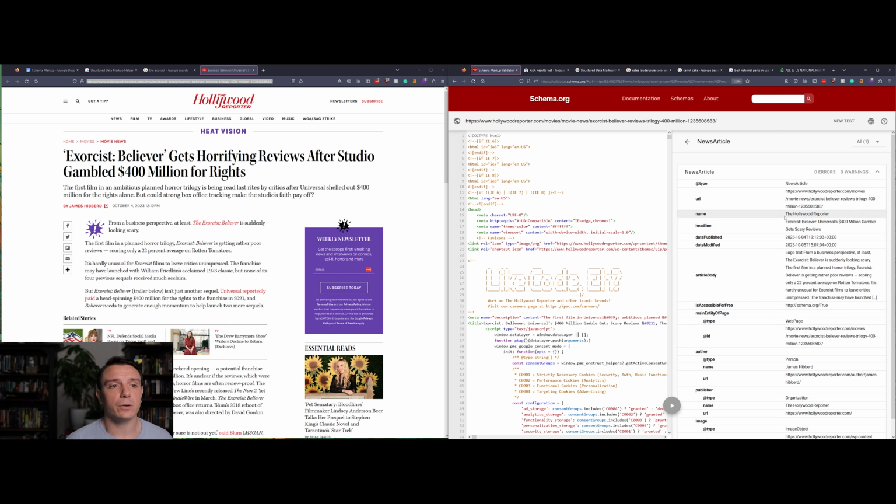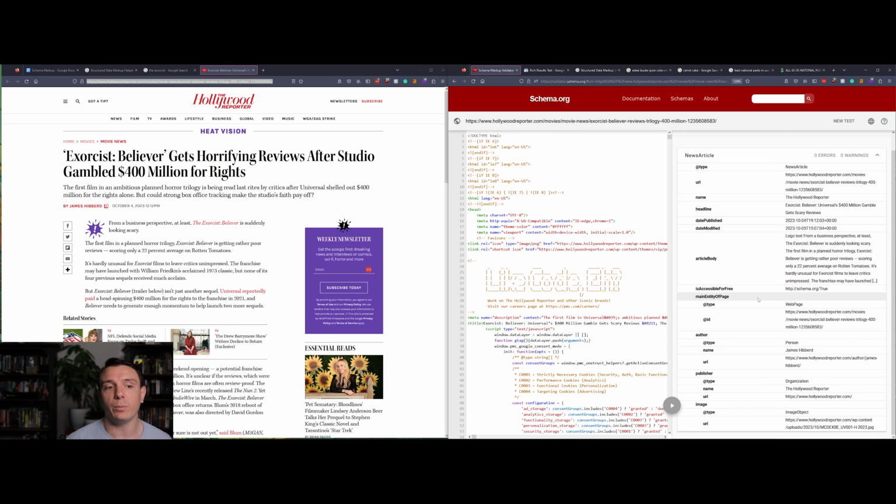So you can see here the name, The Hollywood Reporter, the headline, we have our date published, we have our date modified, we have some more information about the article body, and then we have a little bit more information about the author and the publisher. So we have all of this, again, a nice, easy to read summary that we're supplying to Google, to Bing, to Yahoo, to other search engines. And we're telling them,